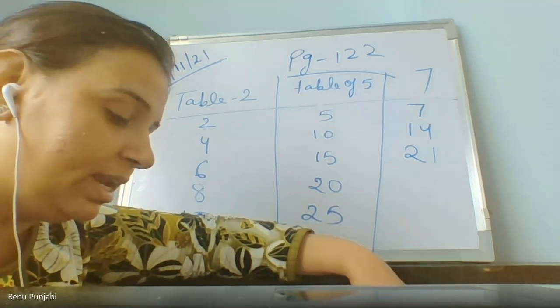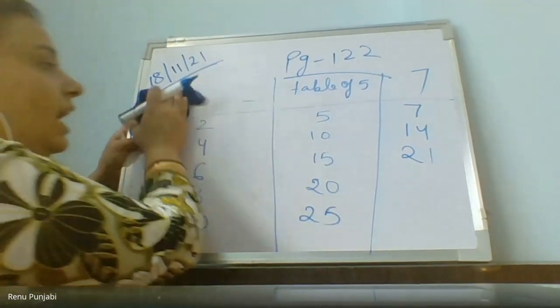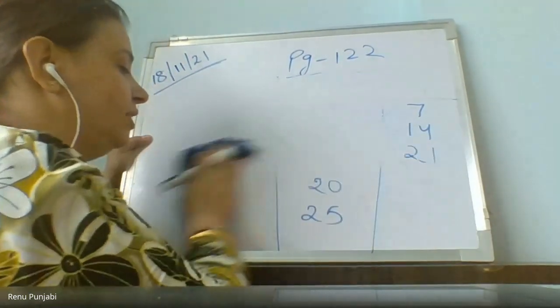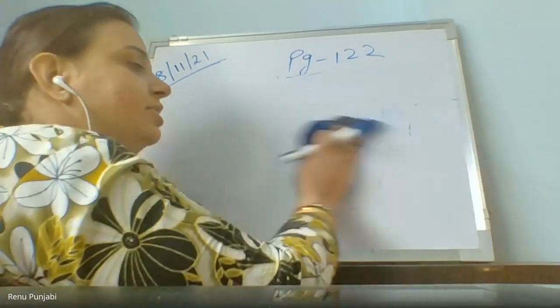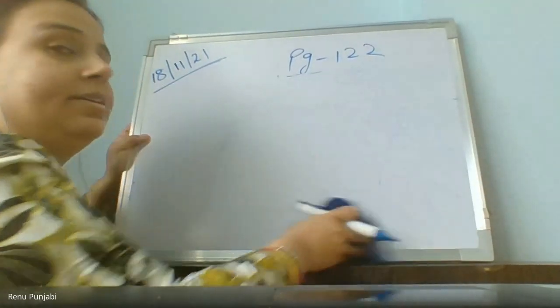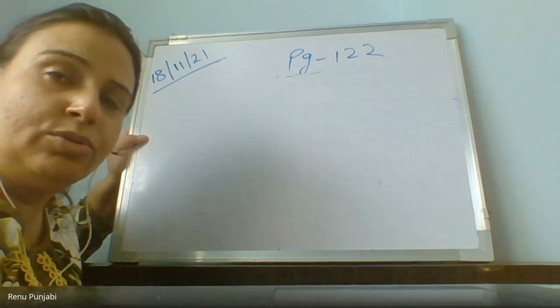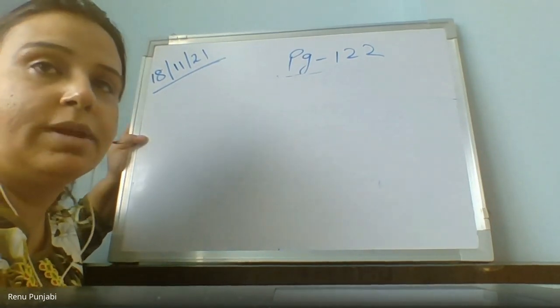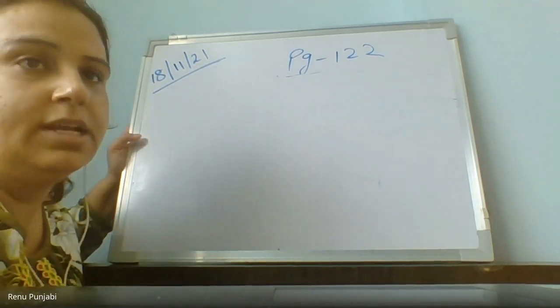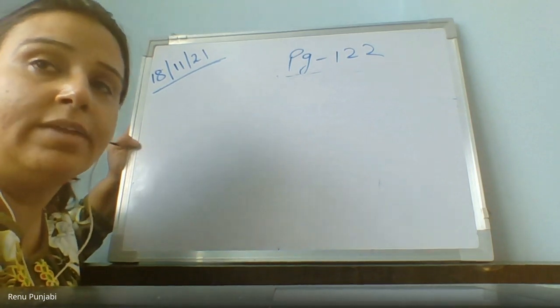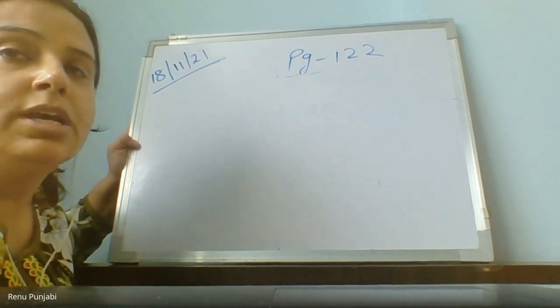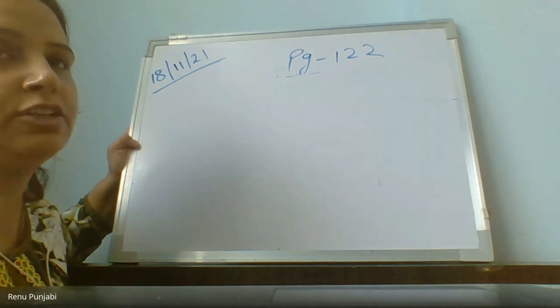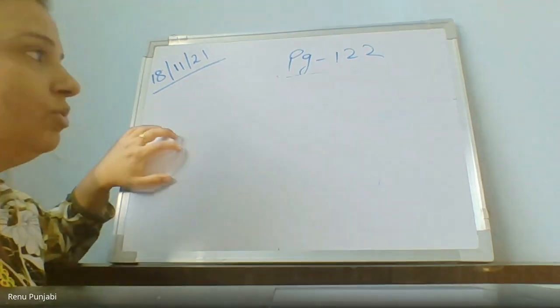Now children, I will also tell you one more trick. Two tricks are already given in your textbook. I am also giving you one trick. And either today or tomorrow you can share more tricks with me. Search, and if you have already read in other books, find out and give me the other tricks of multiplication tables.